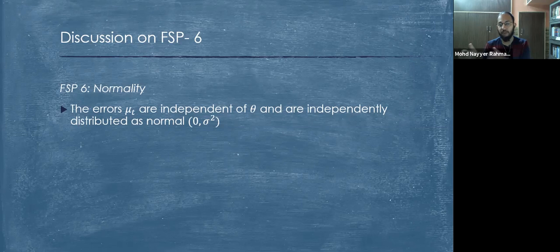if it is normal, then it means that your regression model is fulfilling the condition of normality of the error term. This is what finite sample property 6 is. Therefore, all these properties are not assumptions to be applied before running the regression. This particular assumption has to be applied after running the regression.